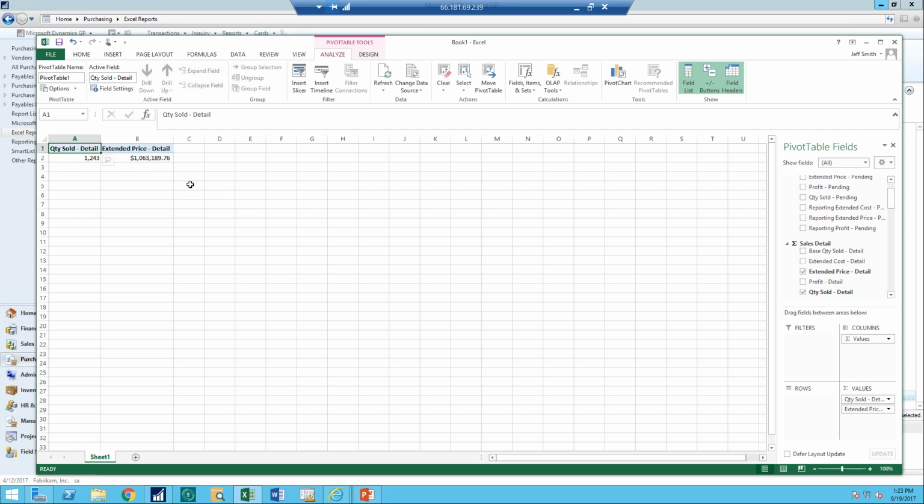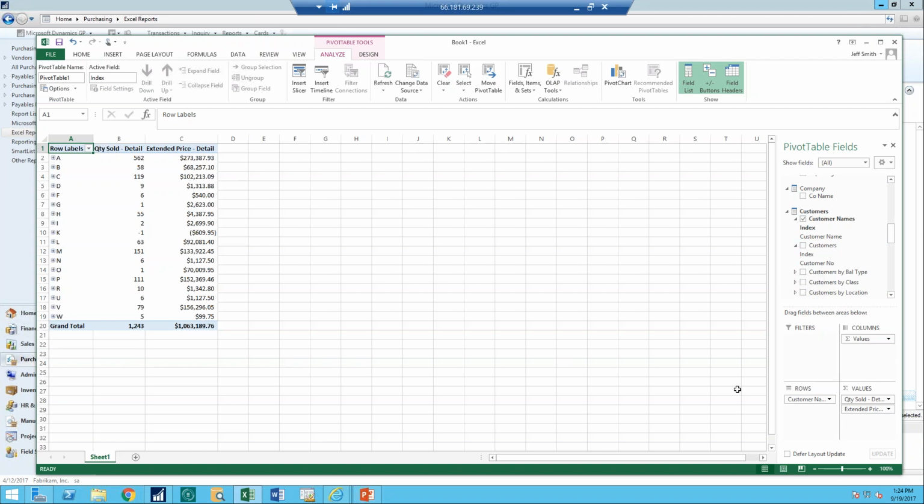So the other thing that I might want is I might want to get into some things like who is purchasing this data, who's purchasing this from me. And so what I can do here is under customers, I can select customer names. And let's do this. And so I can put that down here in the rows. And so all of a sudden,